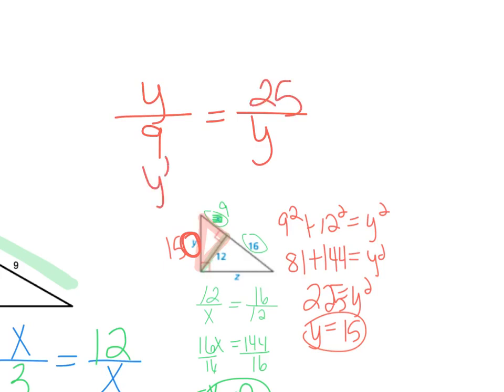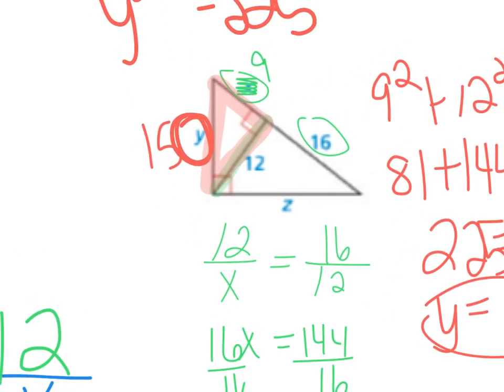So I get y squared equals 25 times 9, which is 225. And if we take the square root, y is still 15. So once you know some information, you don't have to use geometric mean. You can look at it and say, do I want to use geometric mean or do I want to use the Pythagorean theorem? So when we go to find z,